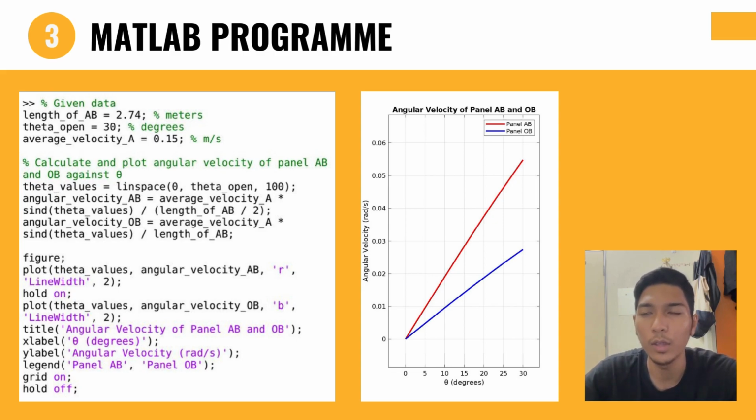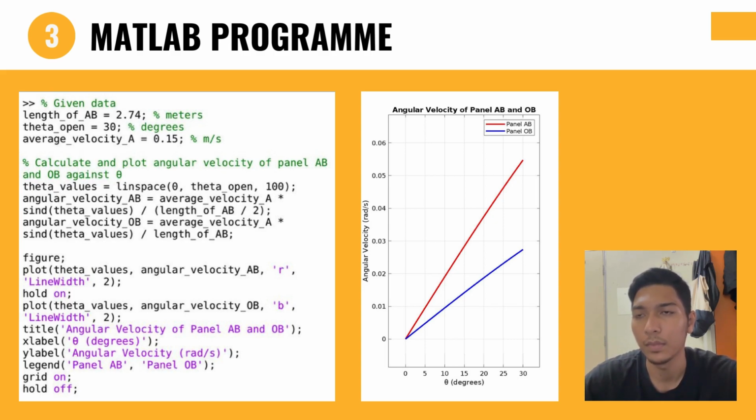MA22135. So now I will continue with the MATLAB program. So here we can see our coding starting from the given data. So we have the given data and just paste it into the coding. The length of AB is 2.74 meters, and the theta opening for the gate is 30 degrees, and the average we got for the velocity A is 0.15